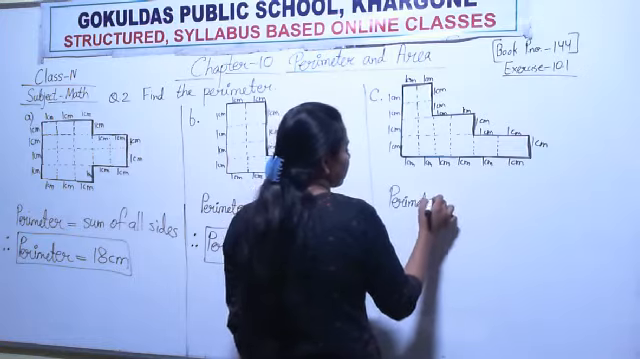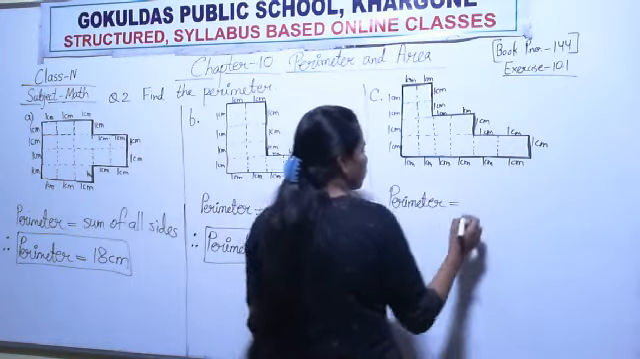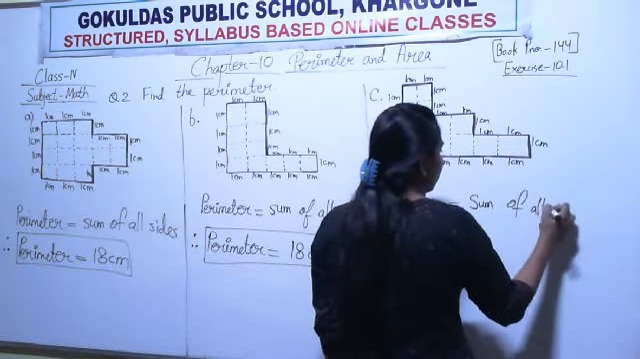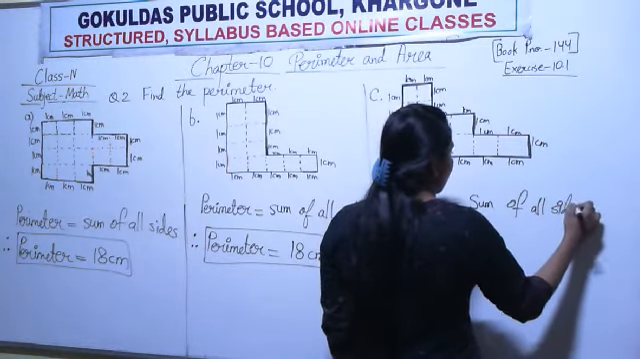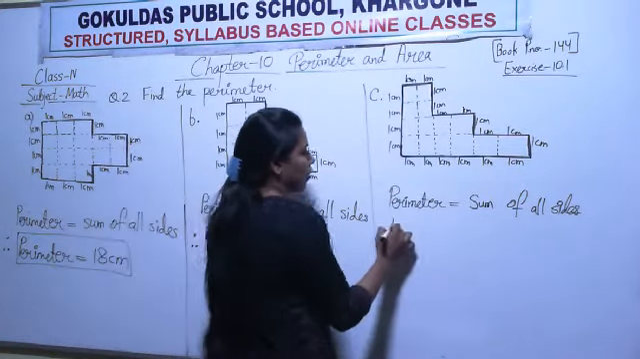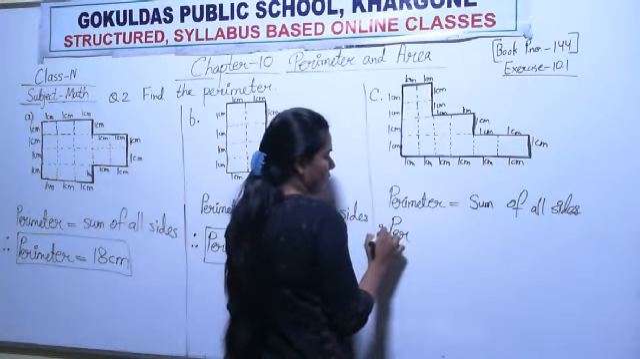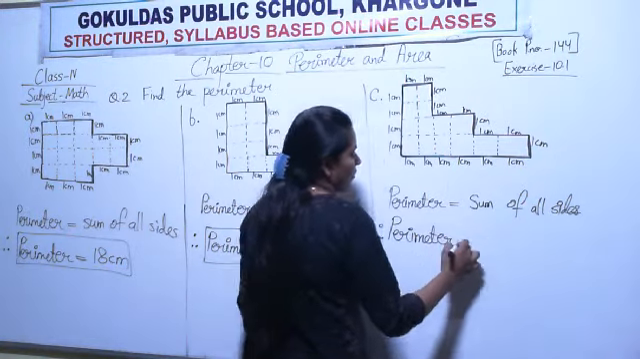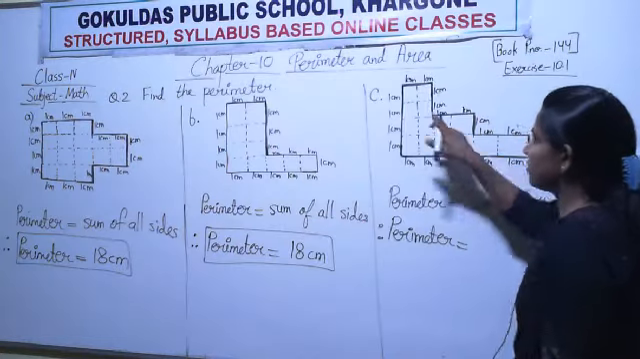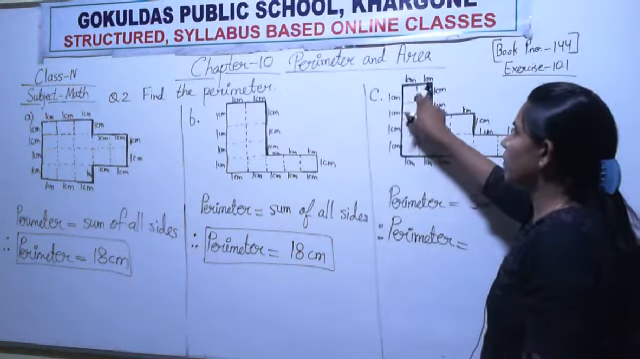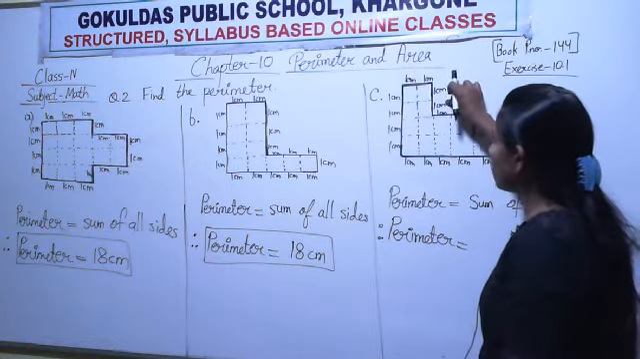Now what is the formula for perimeter? Perimeter is equal to the sum of all sides. Right? Therefore, now find the sum. Add all these lengths, all the boundary lengths. 1 plus 1 is 2, 2 plus 1 is 3, 4, 5,